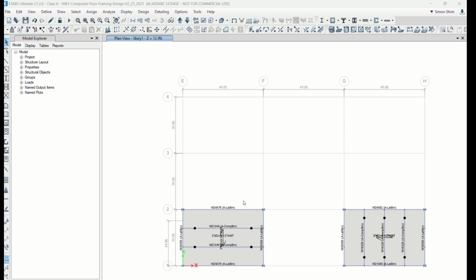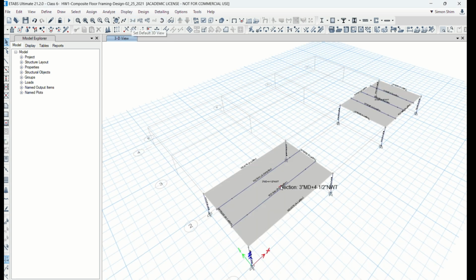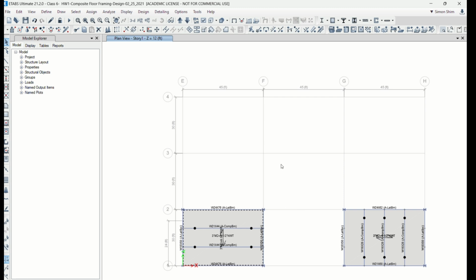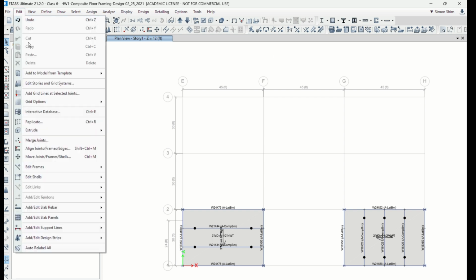We talk about the moment and bending moment diagram. In general, this is basically the column and girder, the composite beam, composite slab, and we assign the loading. So I'm just going to quickly show you how quickly I can draw it. So assume we have, okay, once we open it,